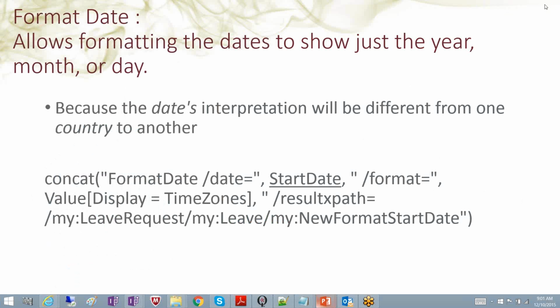So I'm going to start with the date command, which is format date. It allows formatting the dates to show the year, month, and day. As you saw in the qRules leave request, when she submits the leave request, suppose somebody in Australia opens the form, they want to see, oh,